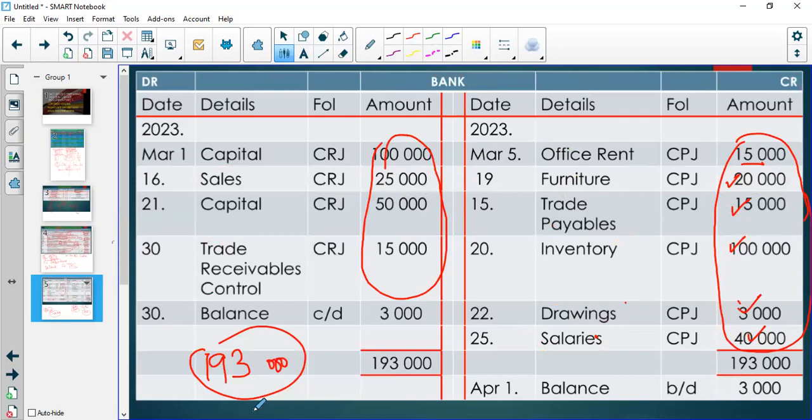Then I do my calculations here. I get 100, the first one, plus a 25 plus a 50 plus 15. So I get 190. So as you can see, this side is 193. This side is 190. So the smaller side